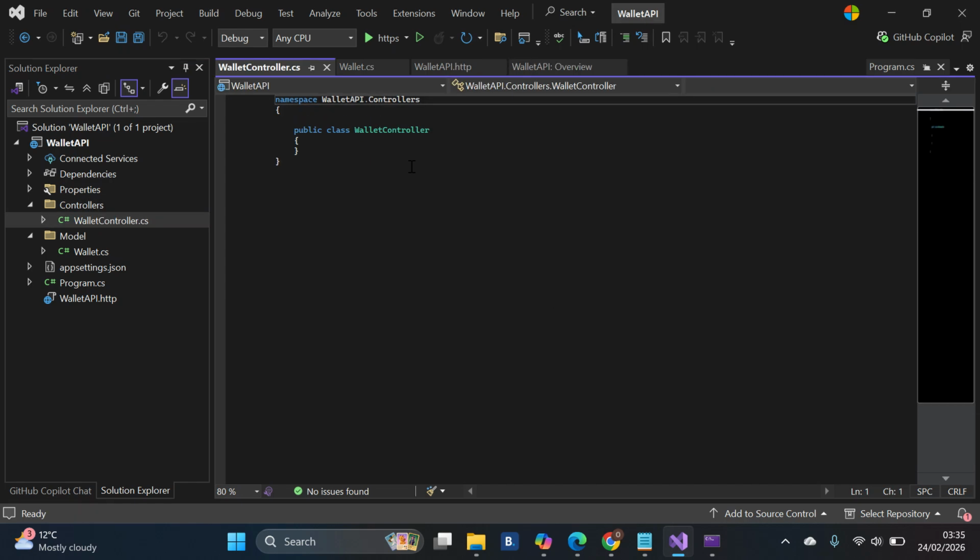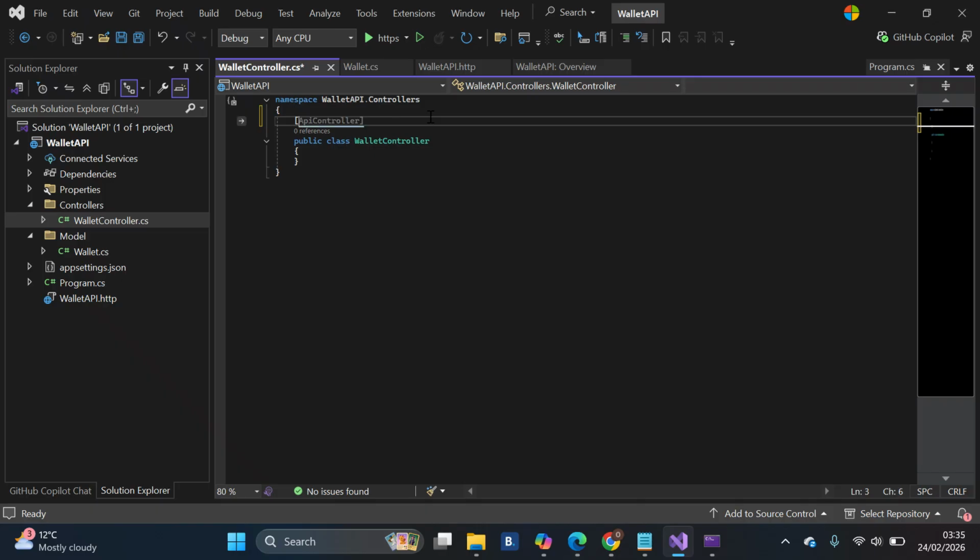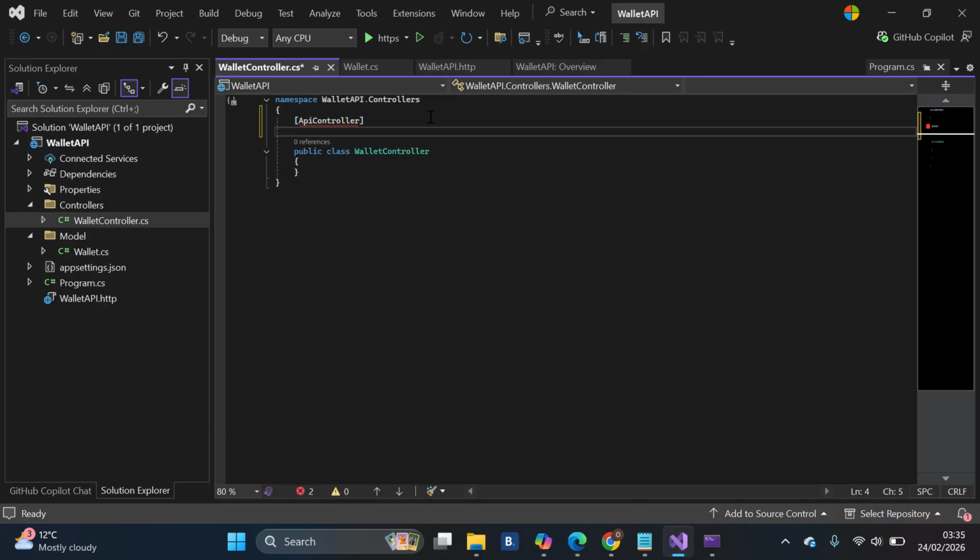This is the wallet controller class, and the wallet controller class, don't forget we have to use API controller and this. So here, don't forget I want to use something like controller base,